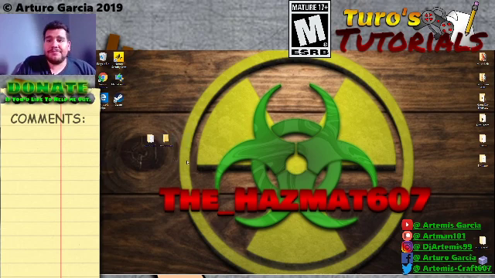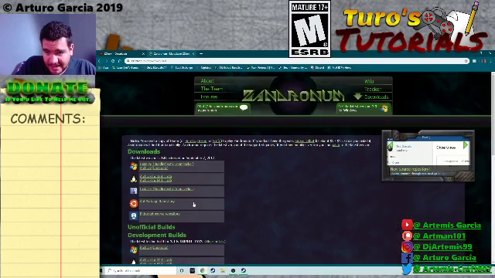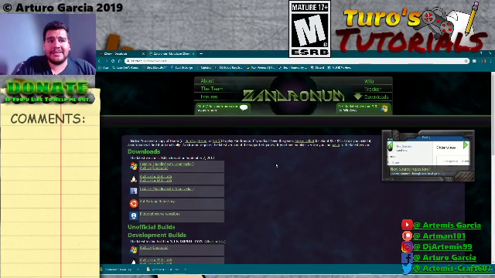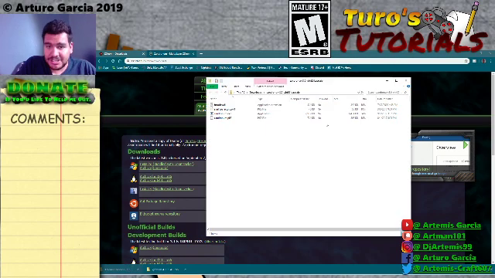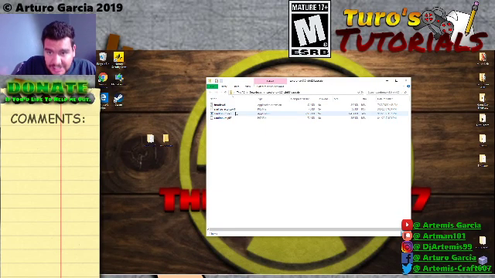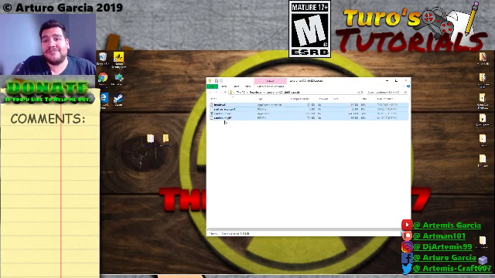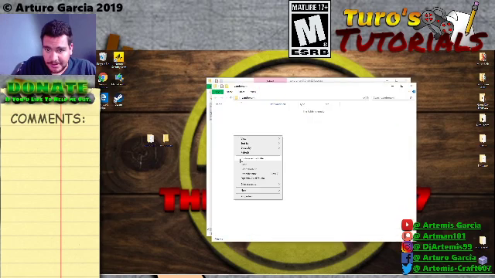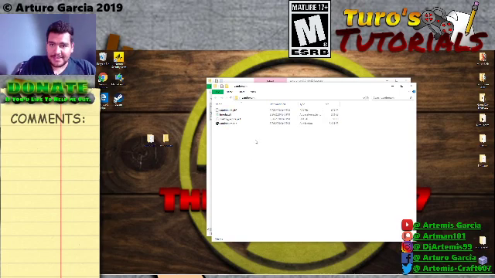Now, if you don't want to use GZDoom, that's okay. I wouldn't recommend it for like the netcode. Kind of weird. So let's go ahead and just test out ZDoom, or Zandronum. It's only these 4 files. That's it. You just copy those. Go here. Make this new file right here. Paste it in there, and now